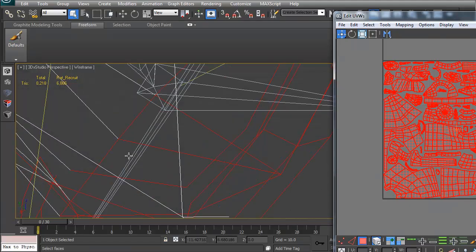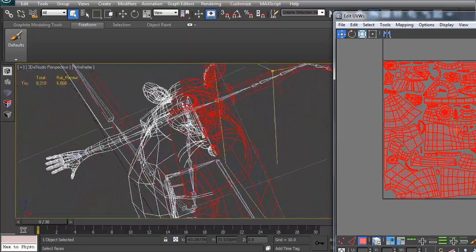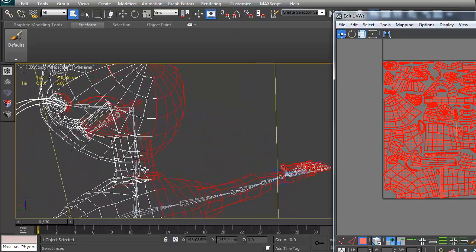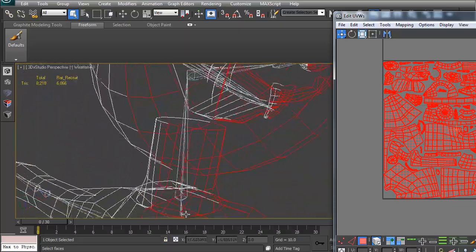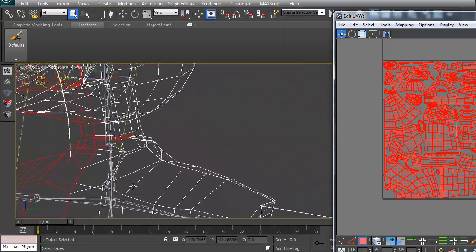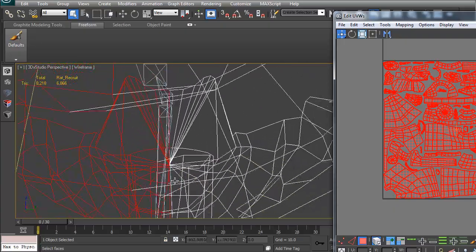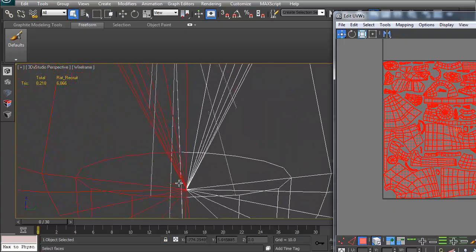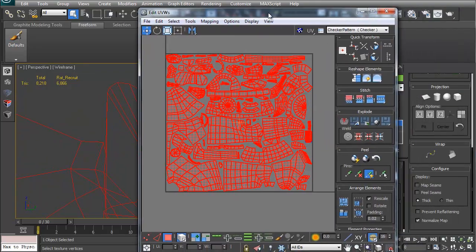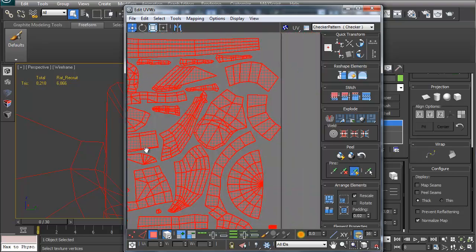Now what I can do is hit F3 and spin the model around, take a final look. Did I miss anything in his neck? It doesn't look like it. Did I miss a triangle in his mouth? Looks like I'm okay. Now if I show over here and I kind of zoom in and do a little pan across,